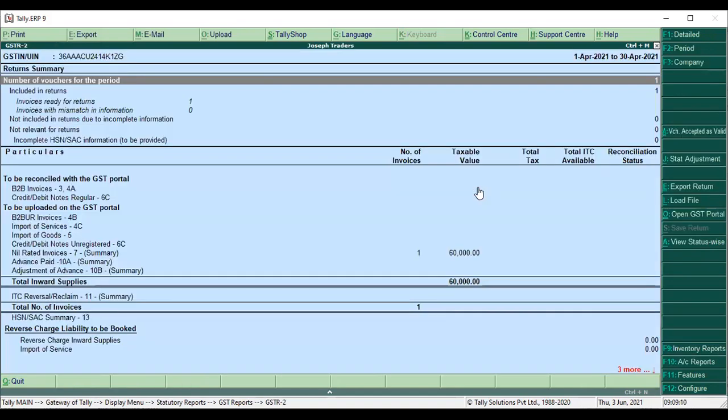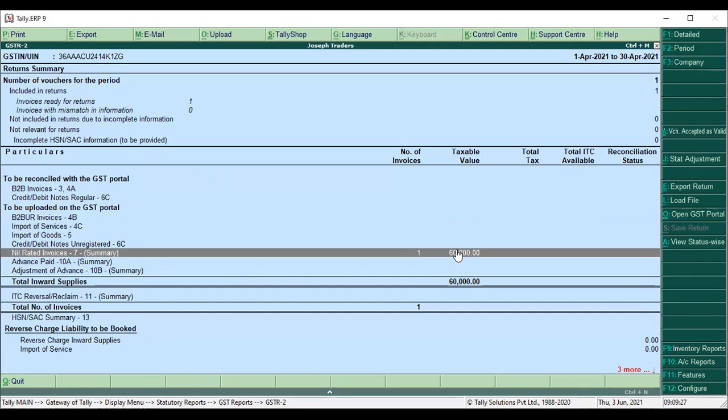60,000. Now it is displaying. See, the purchase report is displayed there. 60,000, there is no tax. We don't pay any tax to the composition dealer. It is displaying under nil rated invoices.